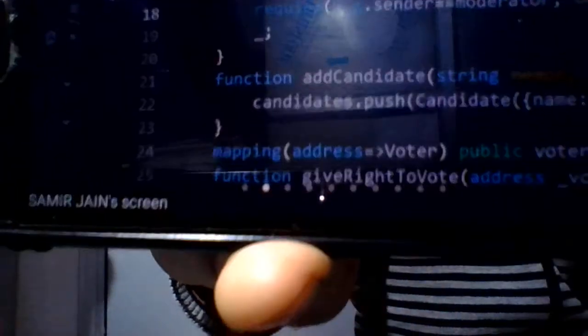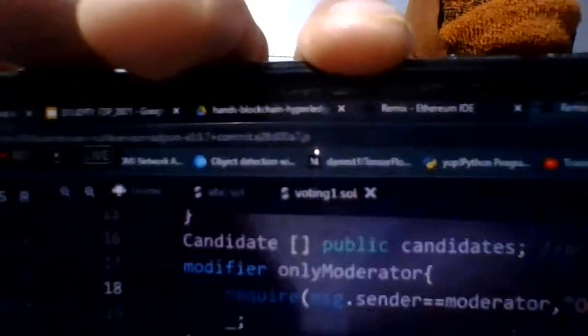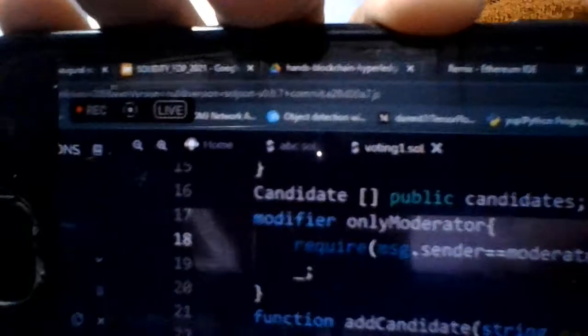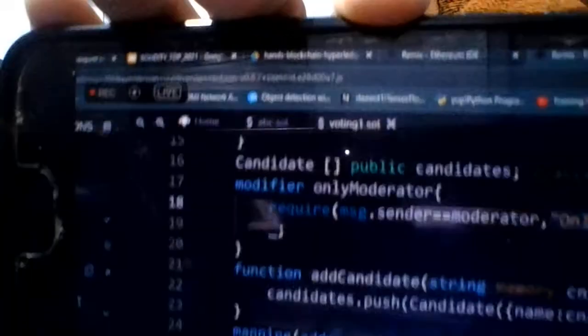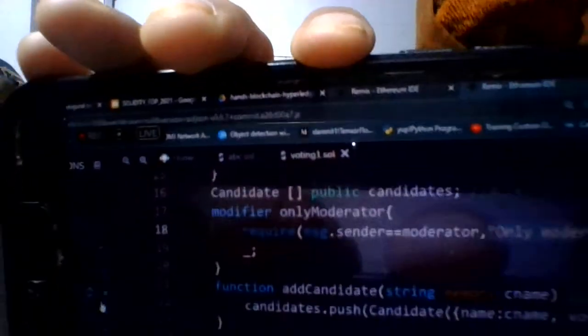So again, what we have to do, we have to change the address to the moderator only, and then we'll add the candidate. Now, if there is a green sign, then it is okay and there is no error. So there are candidates. Candidate 0 is IITDMJ, and this IITK is the second candidate. So IITK, you can see candidate 1. Now we'll add another candidate. So there will be 3 candidates. So IITK, MNIT. I'm adding.